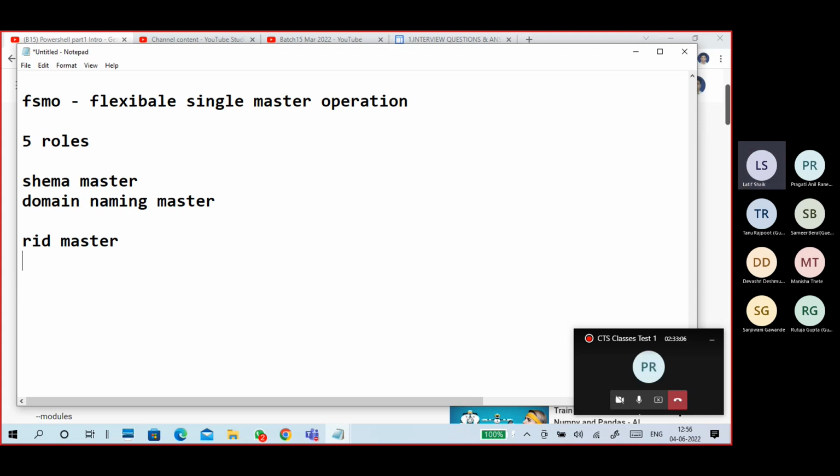infrastructure master, and PDC emulator master. So these 3 are in any domain controller.